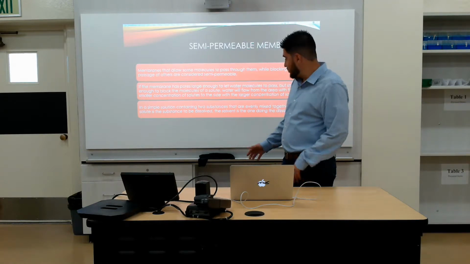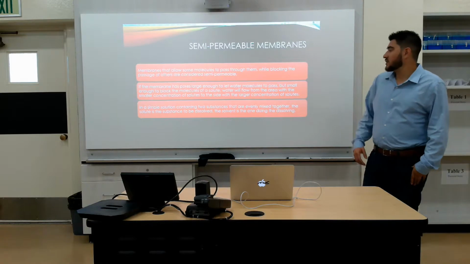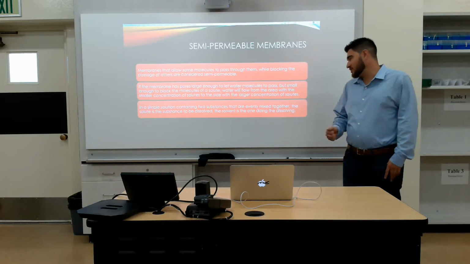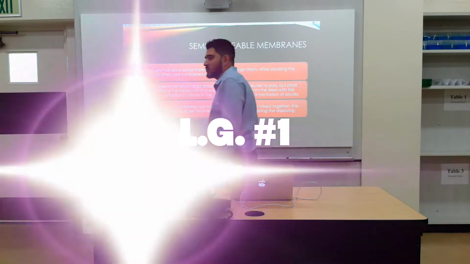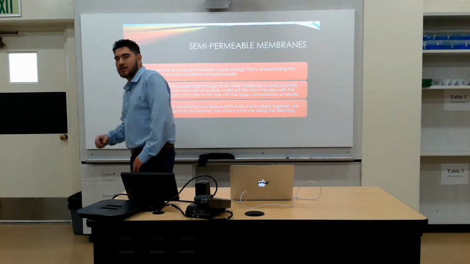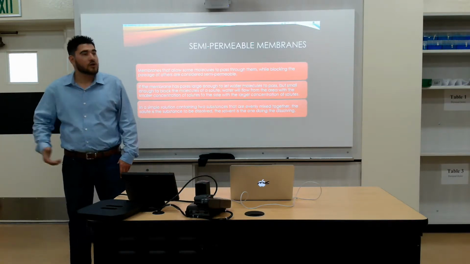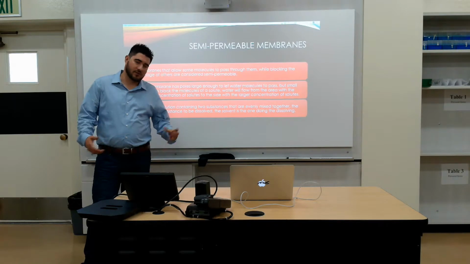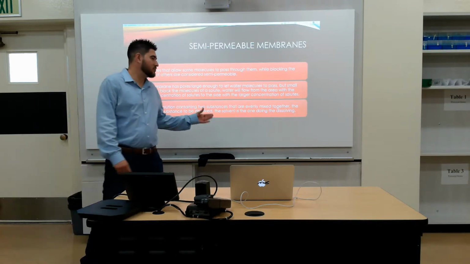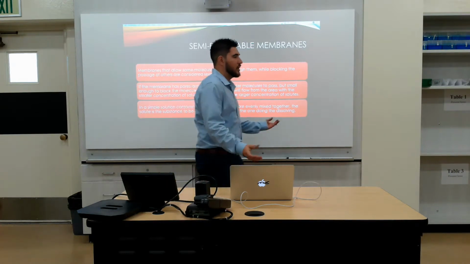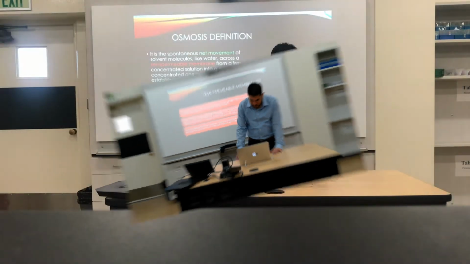In a simple solution containing two substances that are evenly mixed together, the solute is the substance to be dissolved, and the solvent is the one doing the dissolving. In most cases, water is going to be the solvent that is doing the dissolving. So for example, if you have a glass of salt water, what is being dissolved? Salt. What's doing the dissolving? Water. So salt is the solute, water is the solvent, and you have now made your solution.